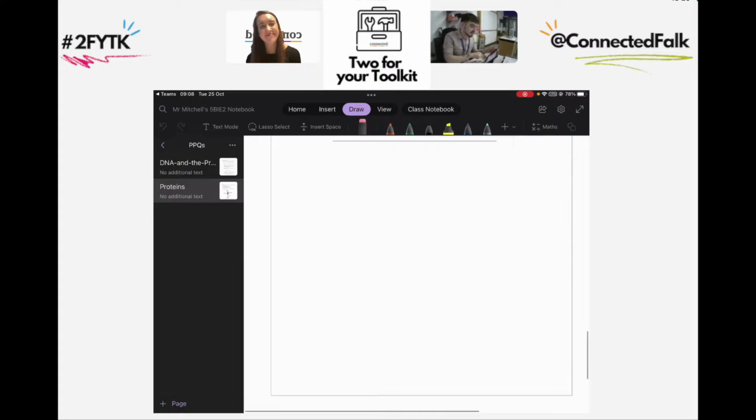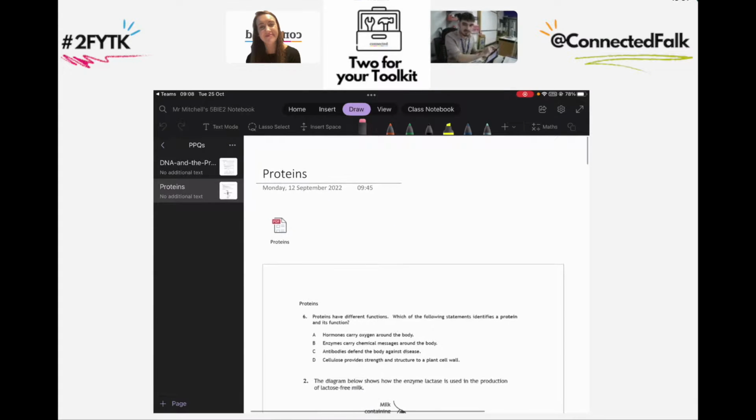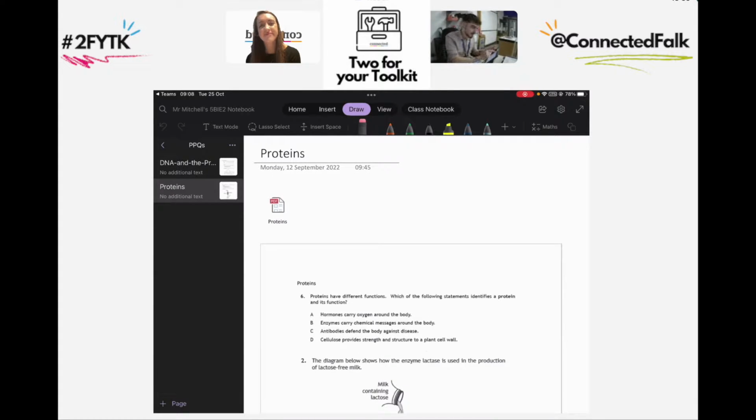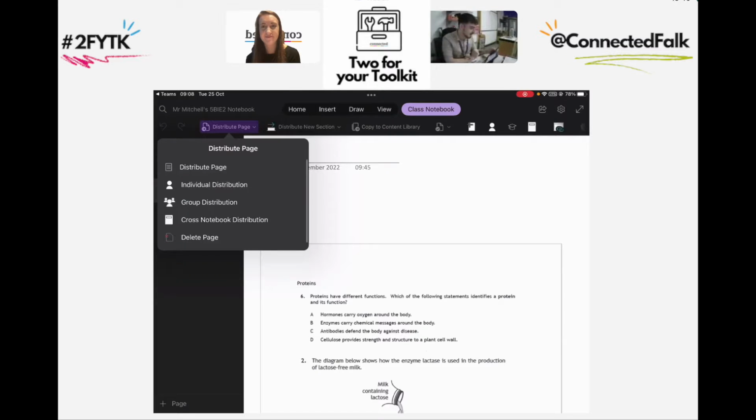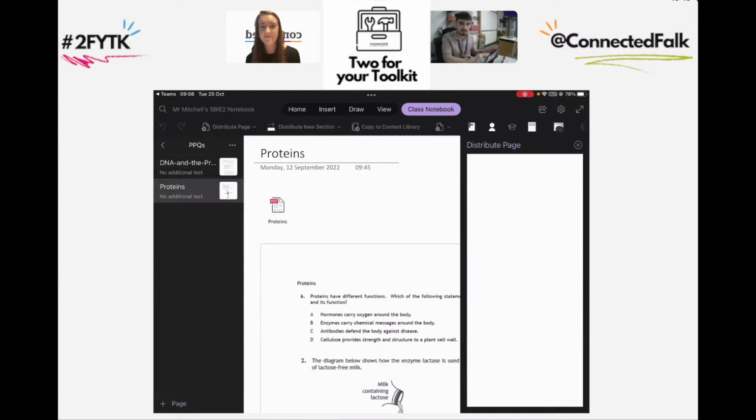If you click up the top section, you'll see it says up the top there, class notebook. If you click on that, it will bring up this little section at the top and you've got distribute page. So if you click in there and then distribute page again, it brings up this little section at the side. Takes a little second to load. And this brings up all the different sections that the students can see. So every single student in my 5th year class has got a class notes, a handouts, a homework and a quizzes section. So if I click, this is past paper questions, so I would put that into handouts